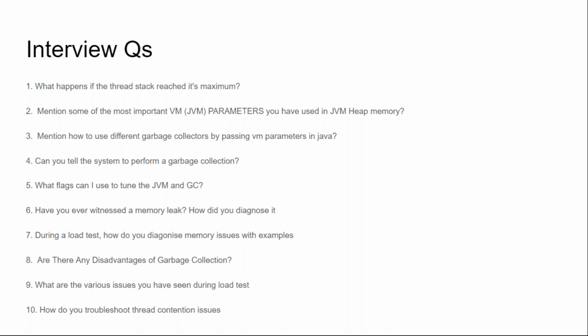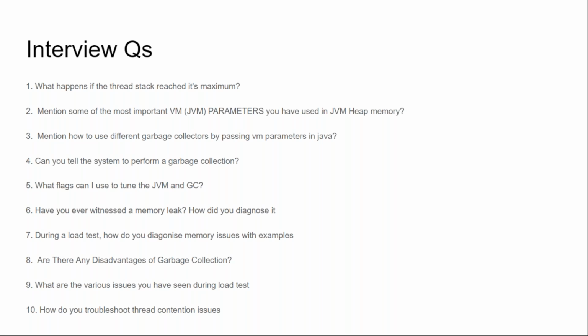If you see the first at least 7 to 8 questions, it is completely around memory leaks, garbage collections, VM configurations, the stack, all these things. Everything is around the JVM, GC, memory leaks.